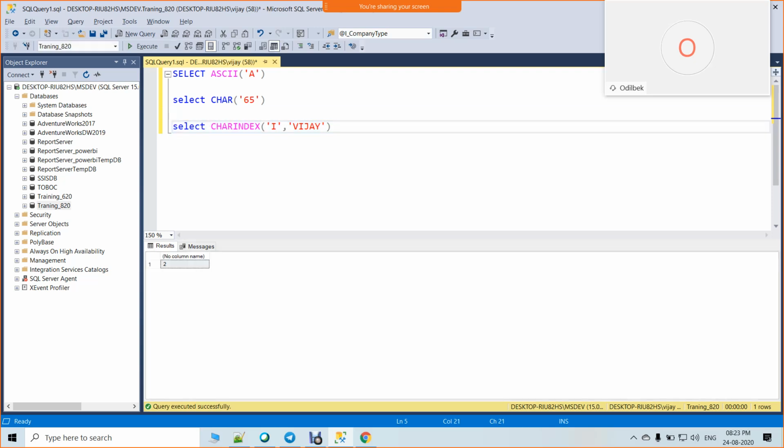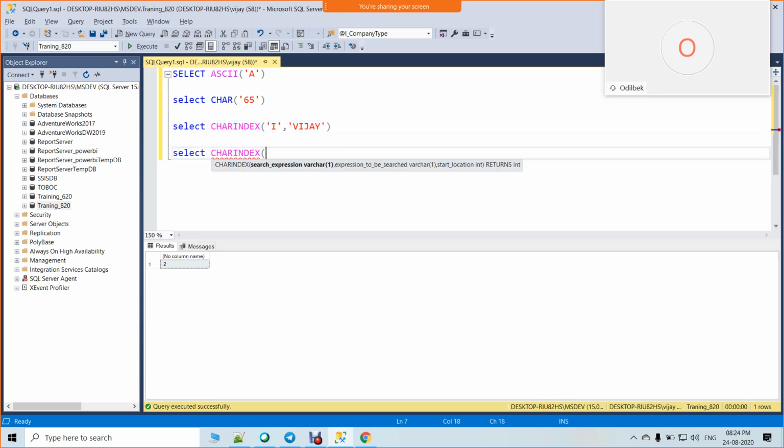Yeah, second position. So if you see the syntax, the expression to be searched is I. In Vijay I need to search where I is. For the starting location, if I don't give anything, it will start from the beginning.